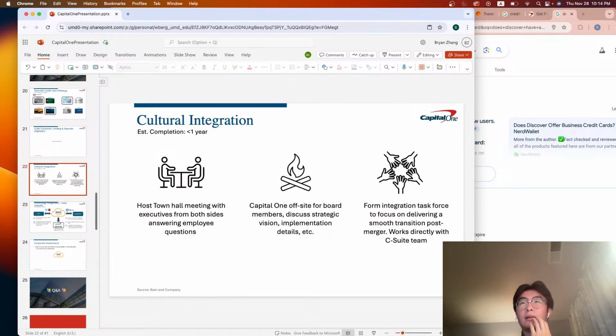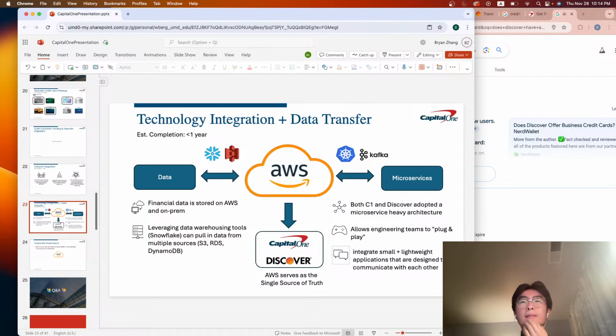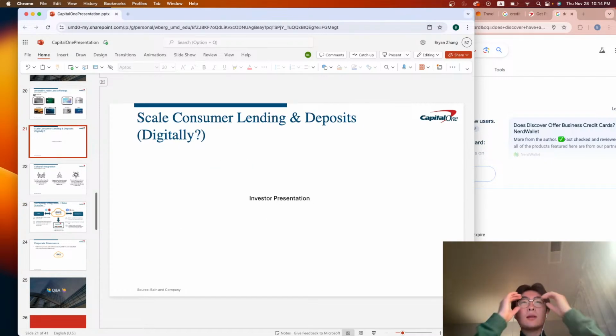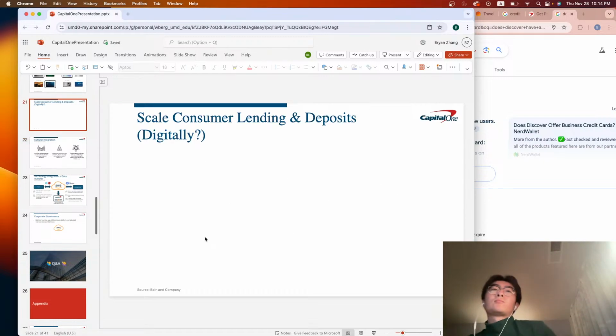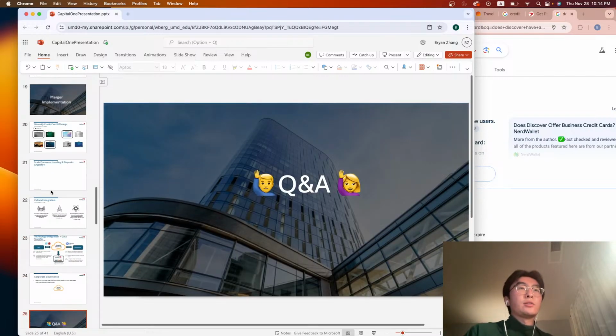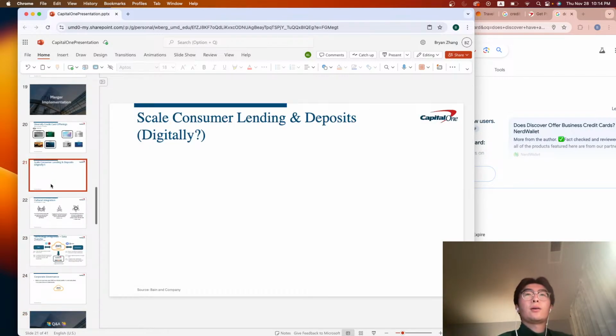Yeah, it's kind of like a lot, jumping from that to this. This is complicated though, I mean. Okay, so scale consumer lending and deposits. Okay, so maybe for this, it's like, all right, what are we trying to... So I think...